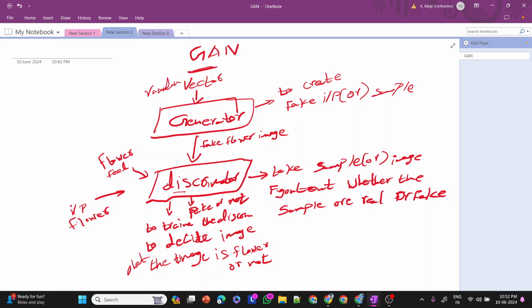When the discriminator detects that the given flower is fake, then we need to retrain the generator, because